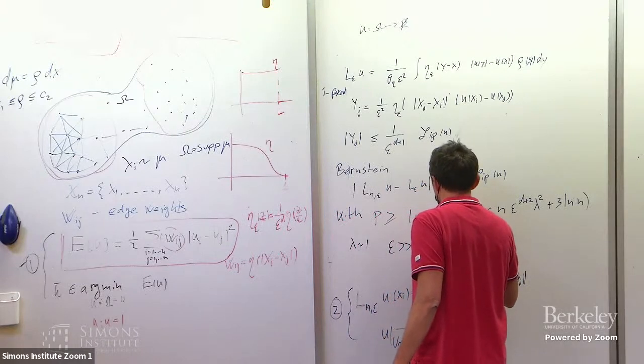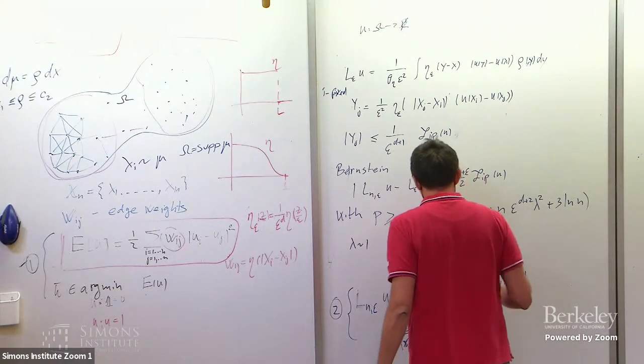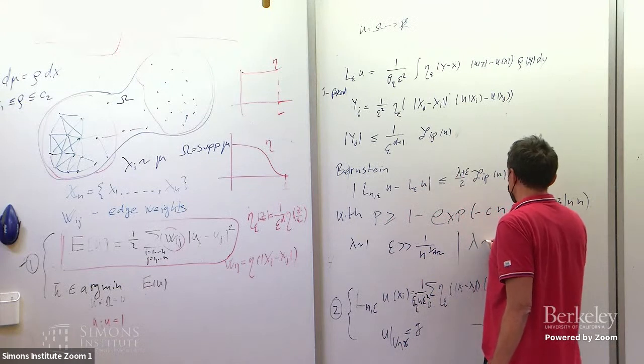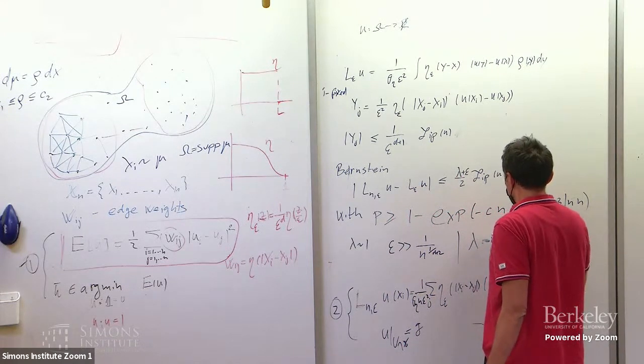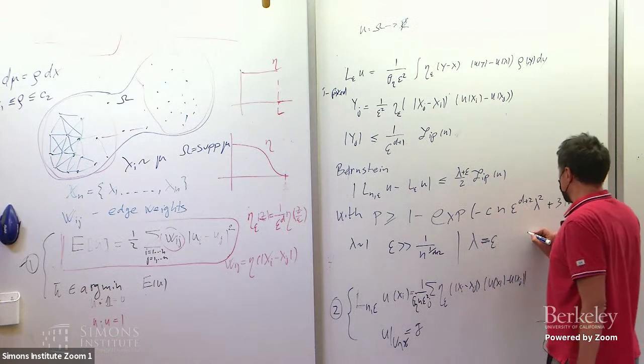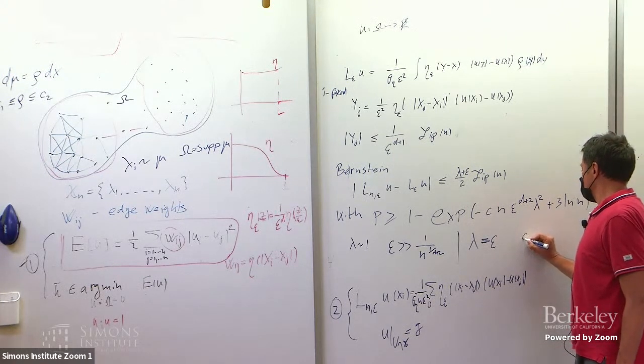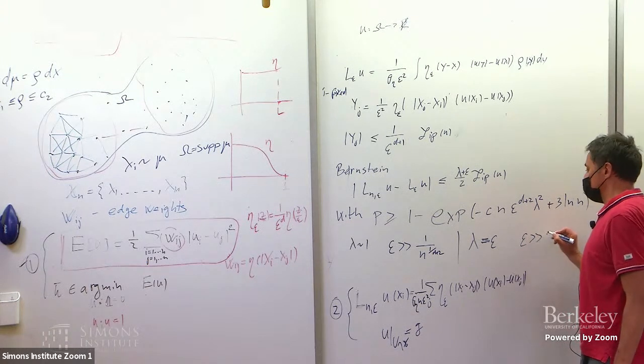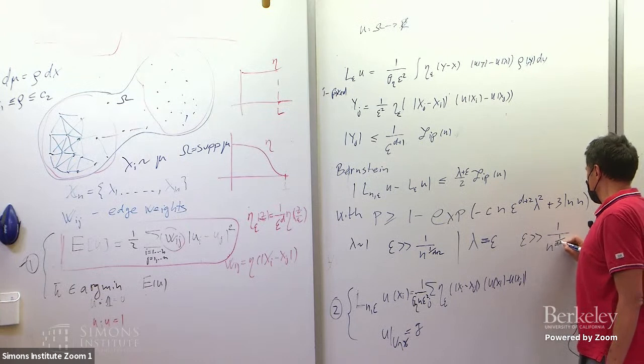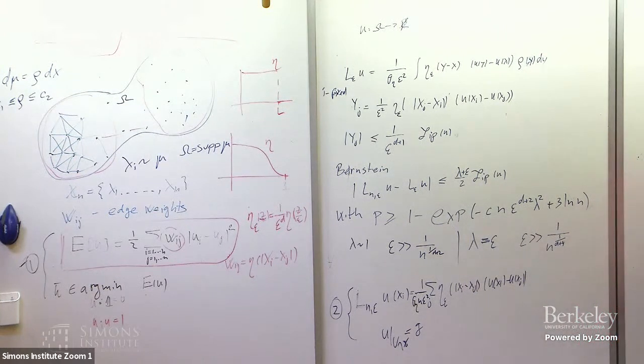So this is 1 over d plus 2, right? And the other is when I have a linear approximation. So I'm going to take lambda to be equal to epsilon. So in that case, you see here we have epsilon to the power d plus 4, right? So I want this with high probability if epsilon is much bigger than 1 over n to 1 over d plus 4. Okay. And again, I'm neglecting logarithms, because I need some logarithms so that I get their powers of n